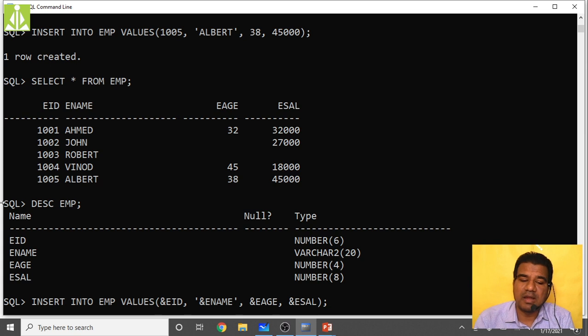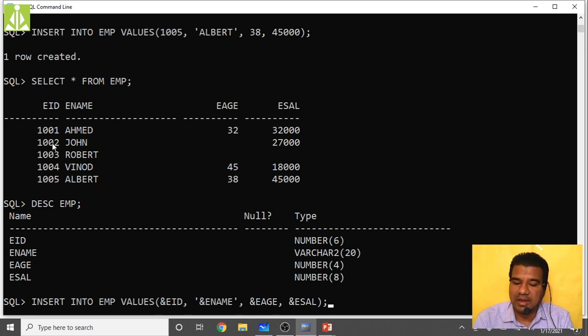Already we have entered up to 1005. For every record I have written one insert into command, but using this single command, I will enter another 4 or 5 records into this table.